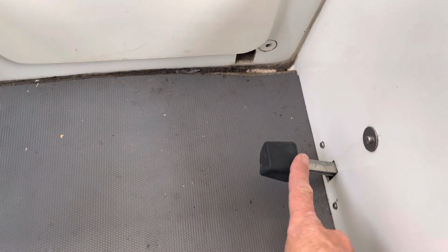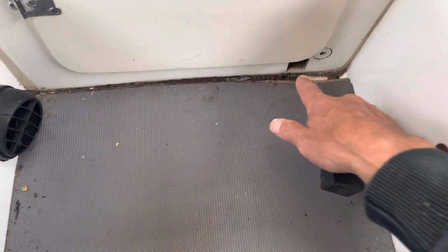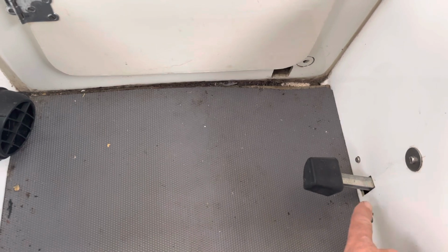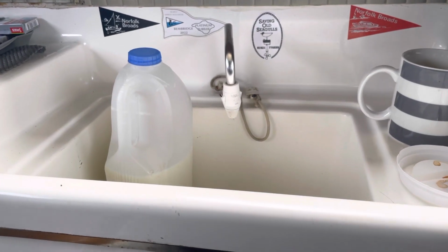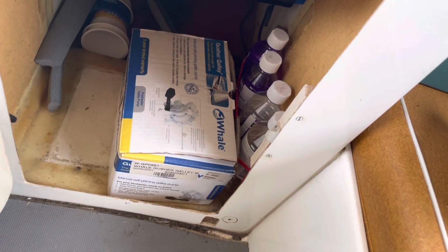So I did buy another one, but this time I've added it here. Because it was a different shape, it wouldn't fit underneath that door. I couldn't get it to go under that door. So I've put it on this side here. Still works. So that's good. Inside, I've just got a little box of spares, the spare meths for the cooker,